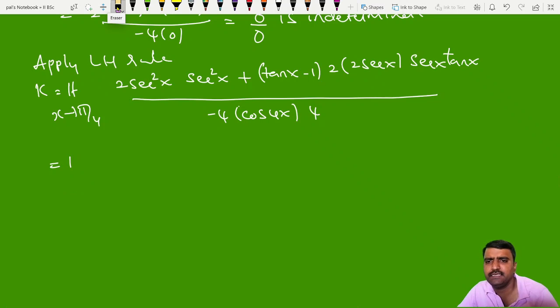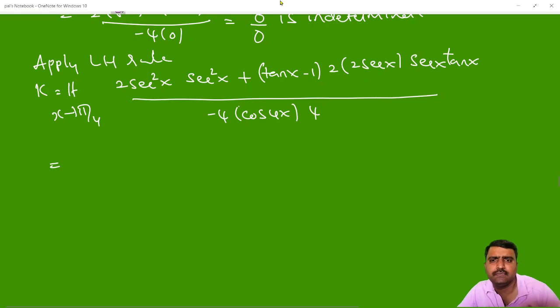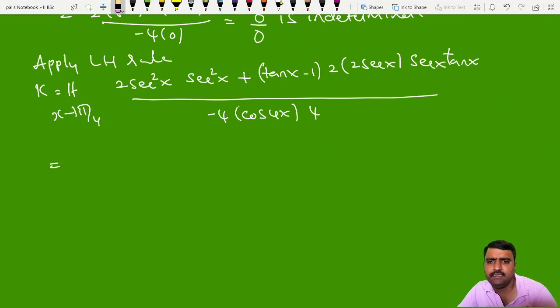So directly apply the limits. So if you apply the limits, it is 2 secant to the power 4, secant to the power 4 x is pi by 4,